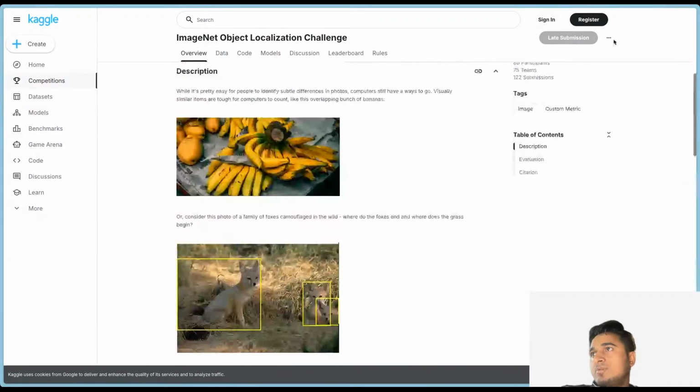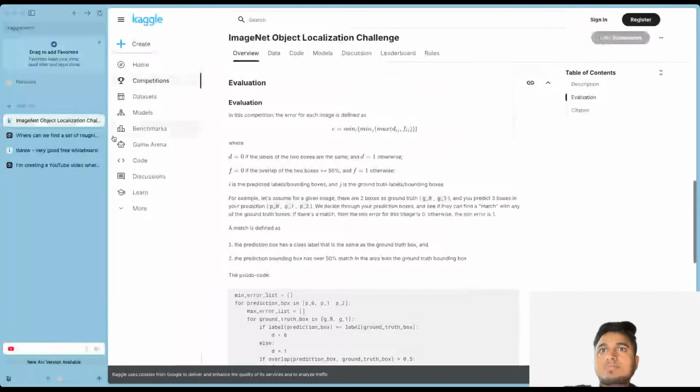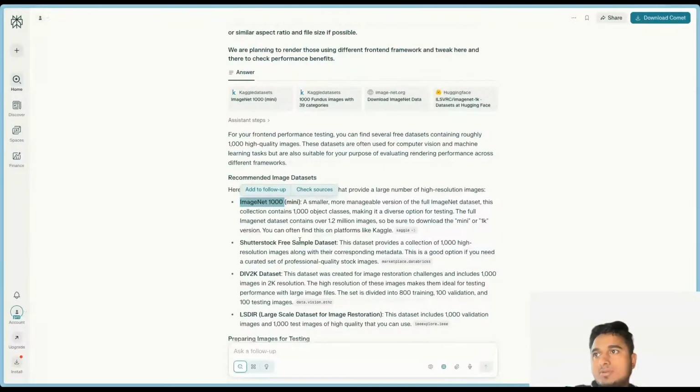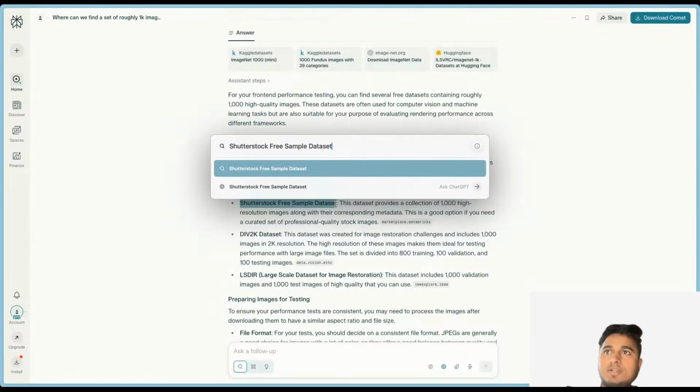I don't think I can find images here. Looks like I may have to. Let me say okay. Shutter, this data, a red collection of thousand high. Okay, this is interesting. If we can find this data set,